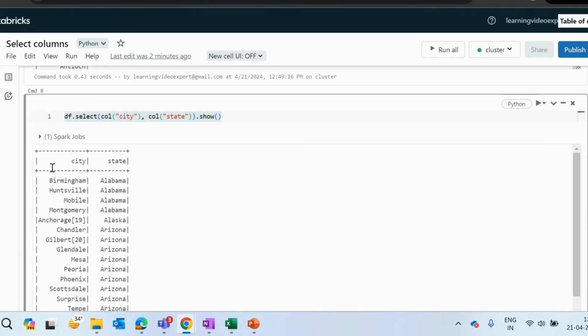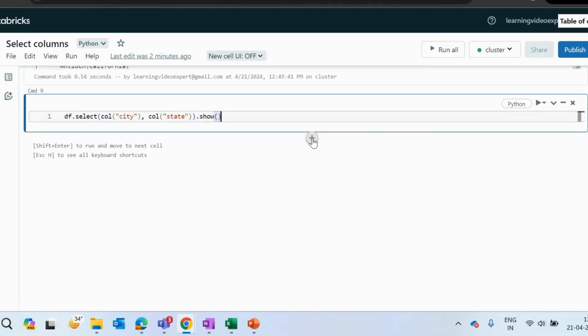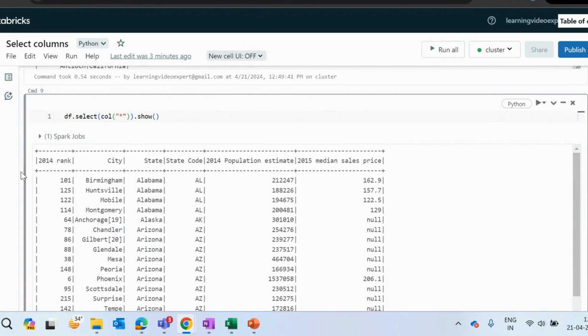Now let's say I want to select all my columns. How can I do that? It's the same method, that is the star. Using the star, you can select all your columns. So if I run this command, you will see all my data is there with all my columns. So this is how you can select all your columns using the column object.